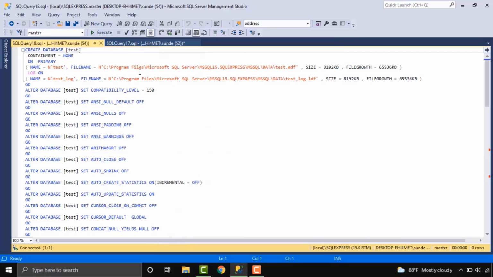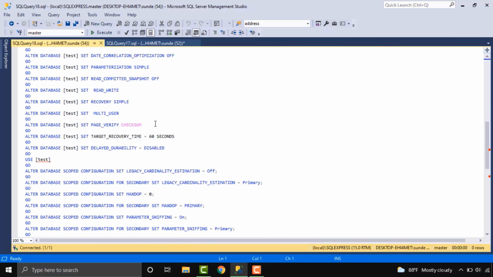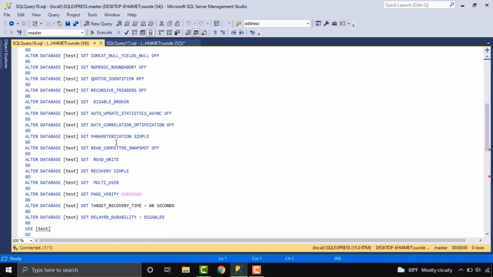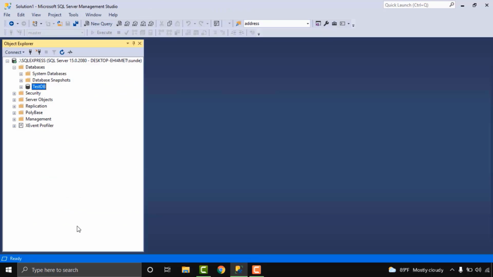These are some of the other options that we can choose. We can turn them on or off based on our project requirement. While creating the database, as you remember, we will have MDF and LDF files as well. You can also choose to give a different folder. So you can go through this list.